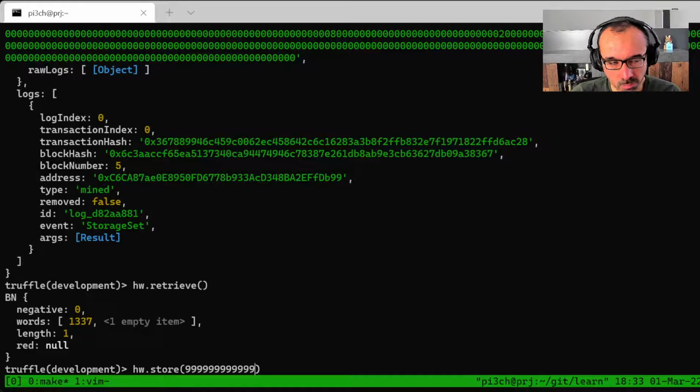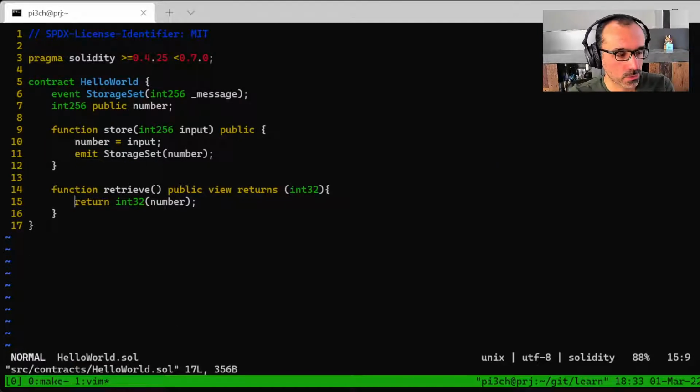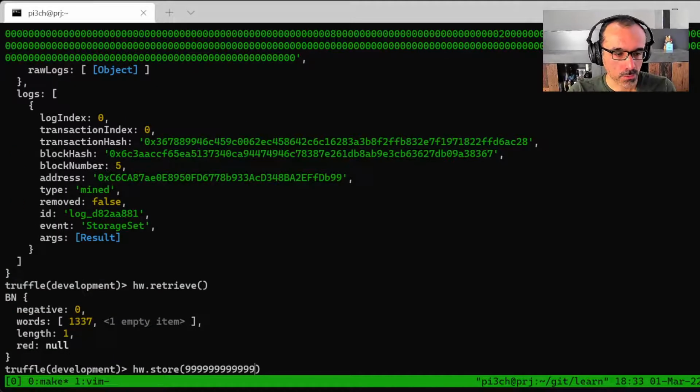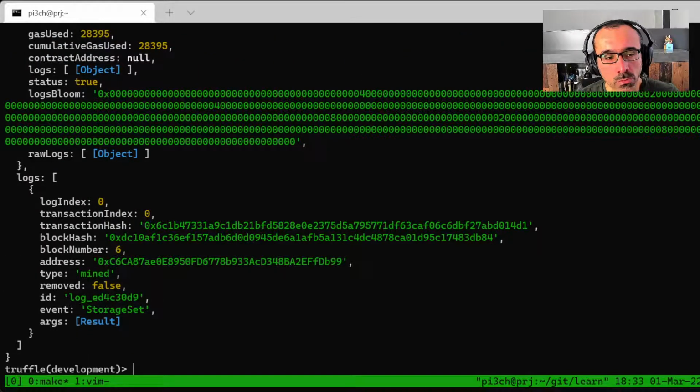Something in this case bigger than int32 range. Why int32? Because if you have paid attention here, this retrieve function seems like it will be returning an int32 out of a value that is stored in int256. All right, so this value is big enough to be bigger than an int32 range, successfully stored. Now if I go and retrieve this,